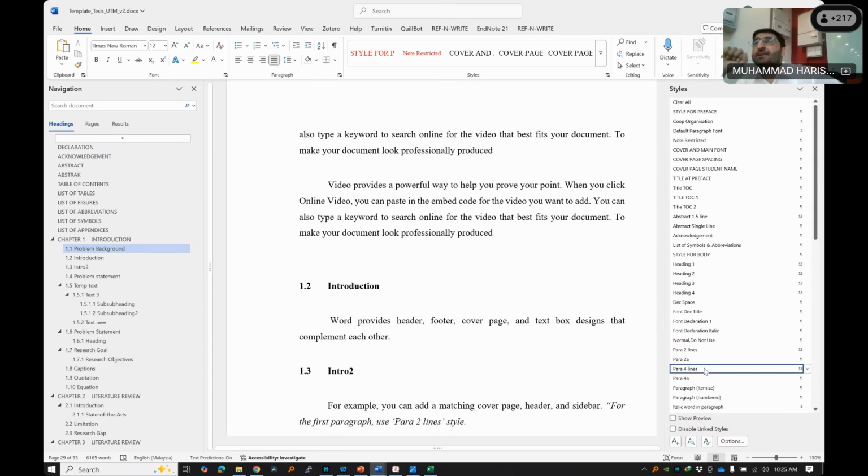Now I have a question for you. If I have only a single paragraph, will it be para 2 or para 4? Para 4, because that's the last paragraph, which has high priority. So the last paragraph should be para 4, and before that para 2, para 2, para 2, para 2. Now, when we need para 2A and para 4A, assume it